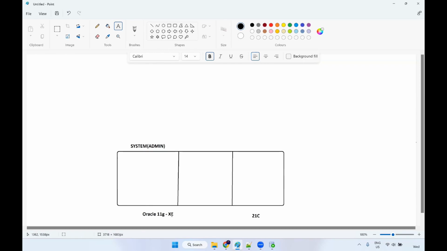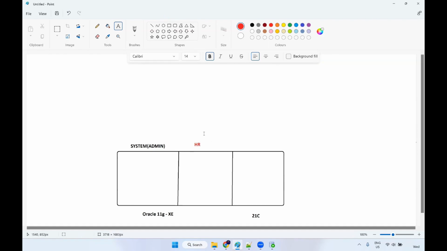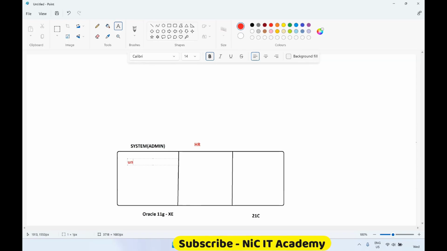In this 11G database, by default, we do have a schema called HR schema. It's a human resource schema. You can use this particular schema to create all the tables. For an example, for the system schema, we are going to use username as system and password as admin. This is the password you can enter while installing the software so that it will be easy to remember. Then for the HR schema, we can have the username as HR and password as HR,